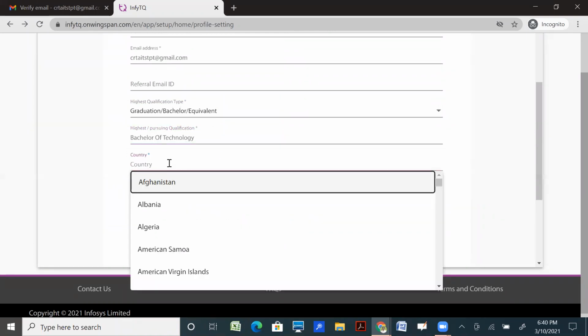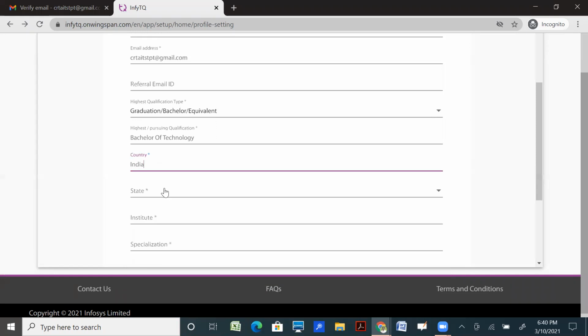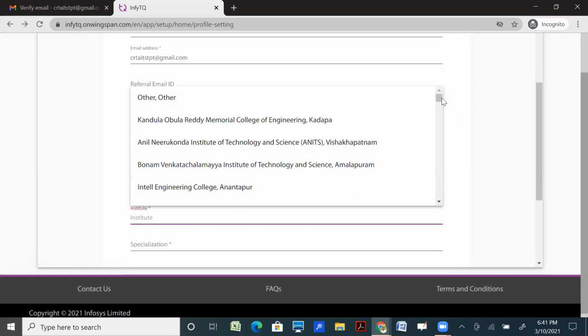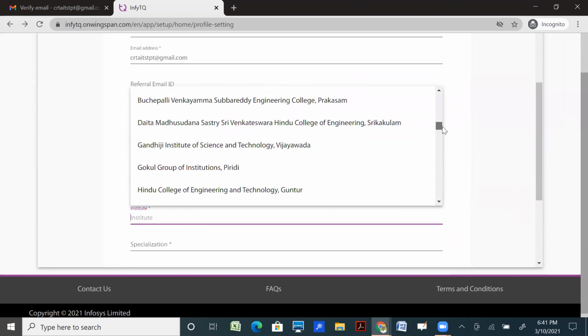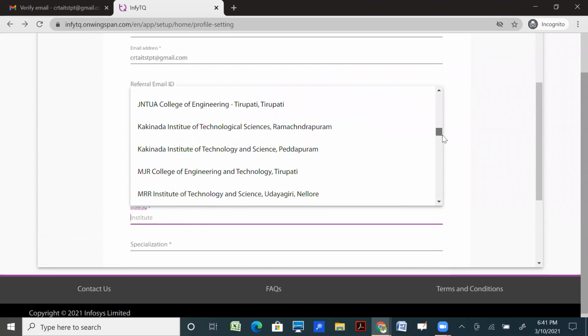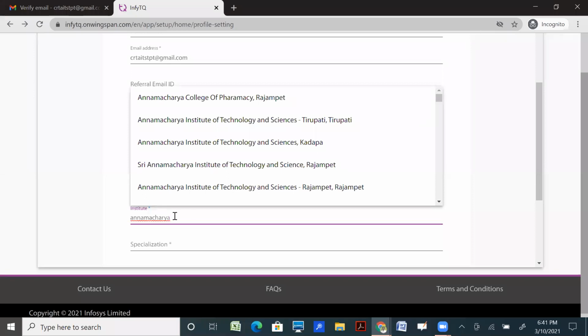Then select the country. Then select the state. Select the institute. Enter your college name here. Then you will have the recent search with the latest filtering, and select your college name.